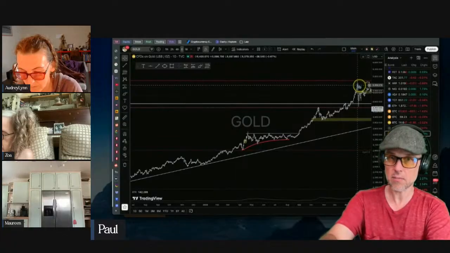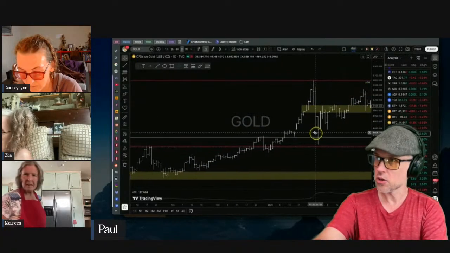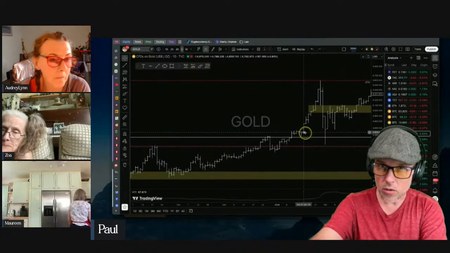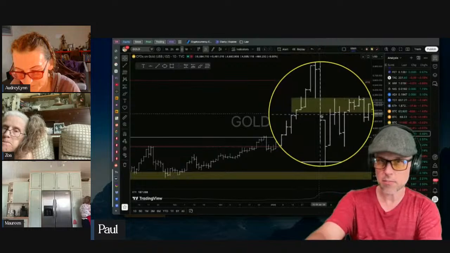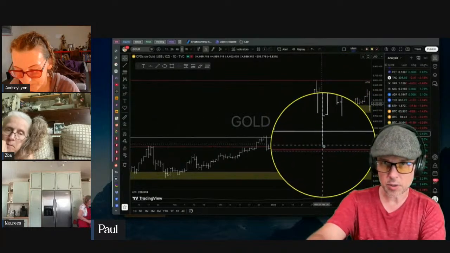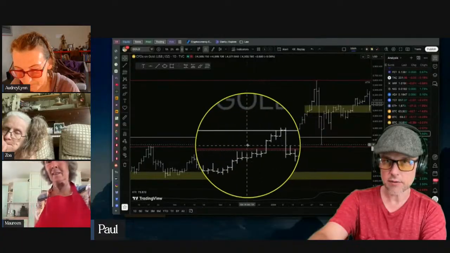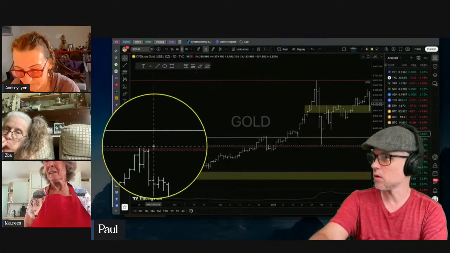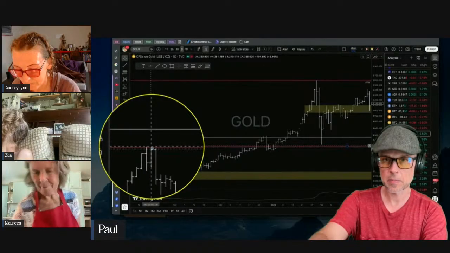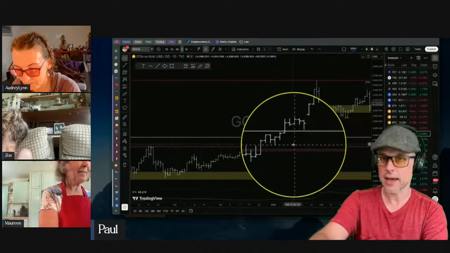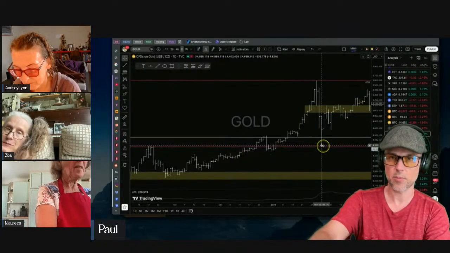Look at how it came back. It came back to rest. Where's that bar? There we go. After that all-time high, the price came back and it hit this pivot point. Well, what pivot point is that? It's the price that everybody was freaking out about back in October 2025, the all-time high. So the price just came back and settled itself on a previous pivot point.